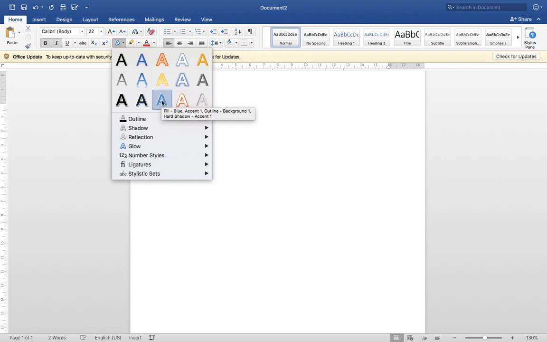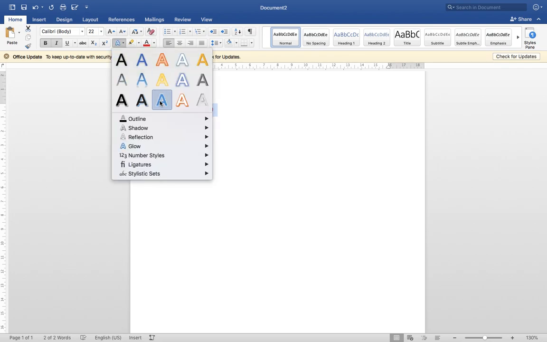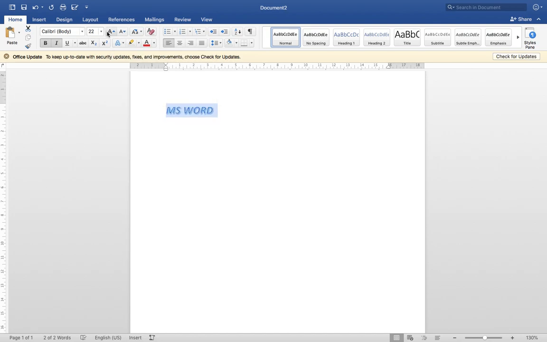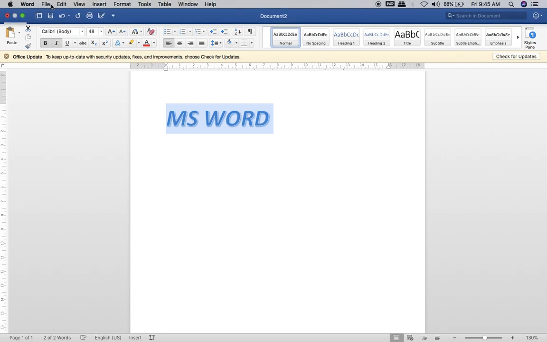And in order to add on style to my word, I'll select the whole word once again and select this option. I'll increase the size to show you how does it look. So this is all about how do we make a text more presentable.